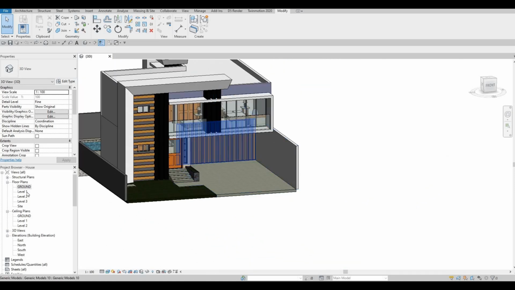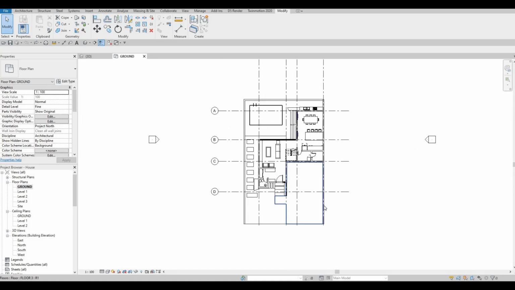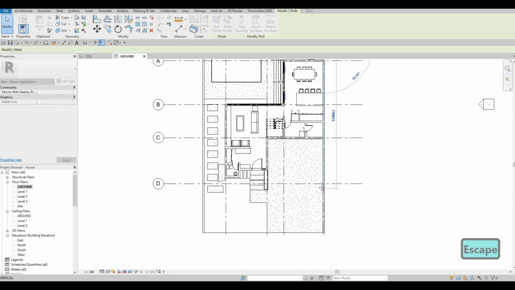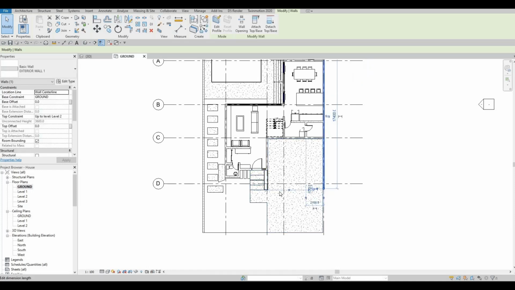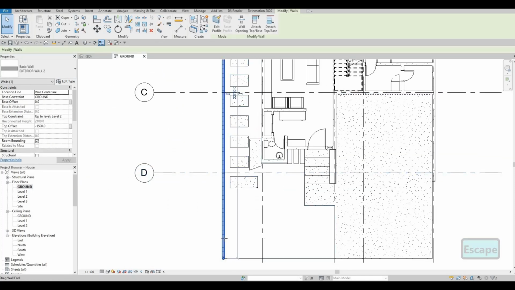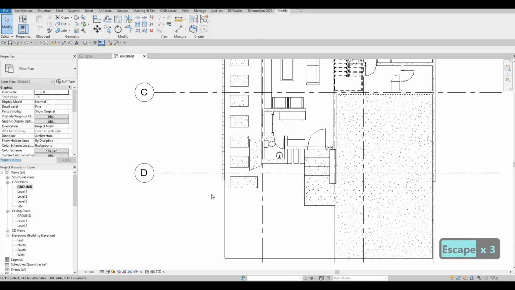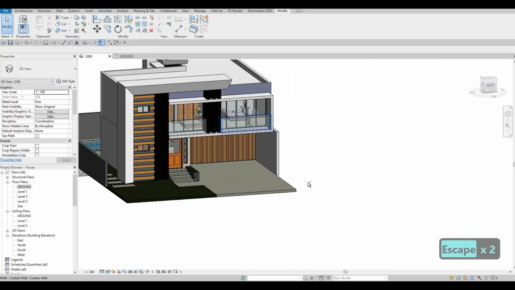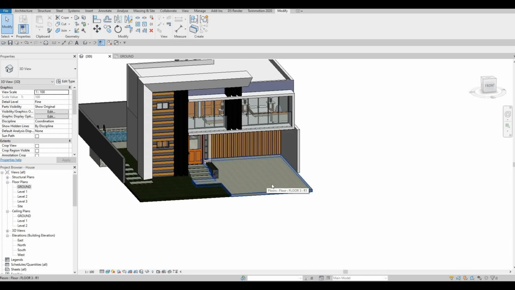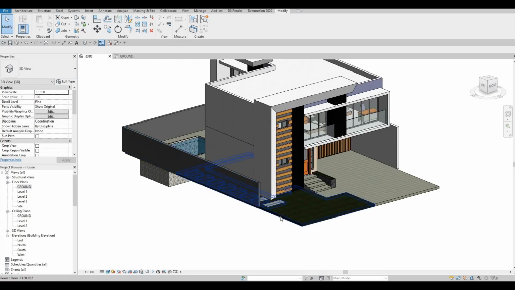What I want to do next is just to go to the ground floor and just pull this back a little bit. So this one, I'm going to pull it out until probably right here, before the D line, and then maybe this one as well. So I'm gonna align it perfectly. So this one right here to this, and just so that we can see that everything looks good, because we're gonna add in our